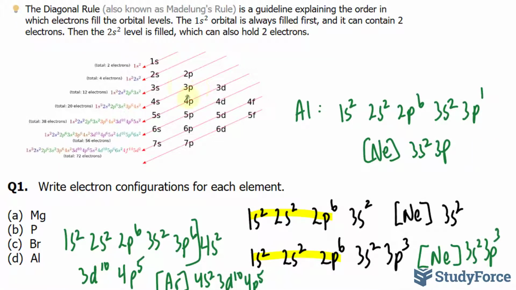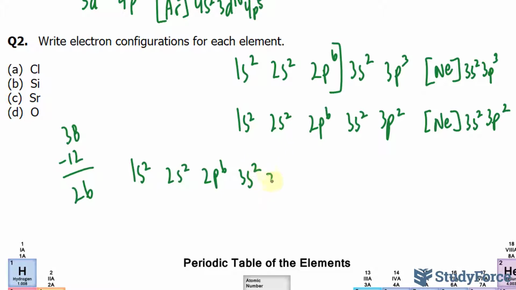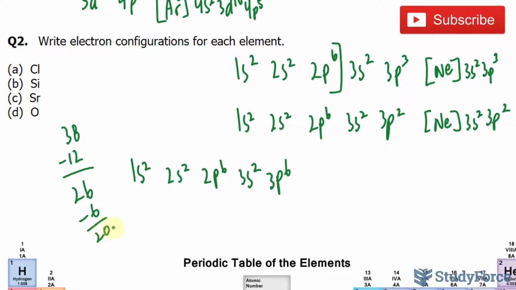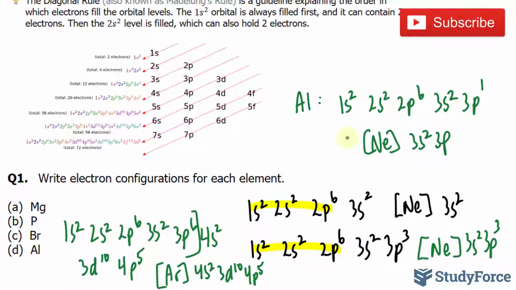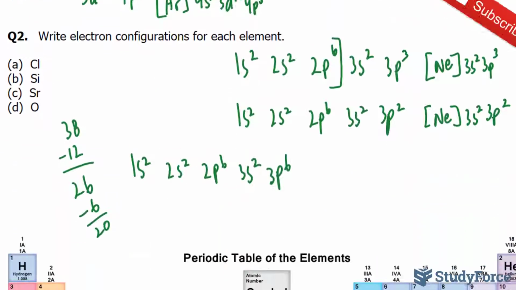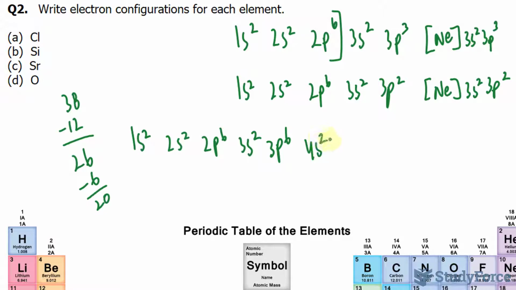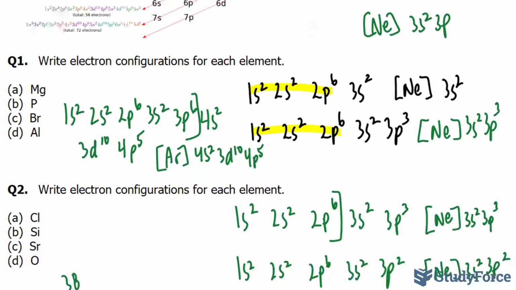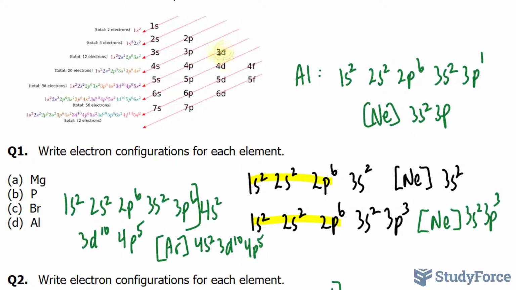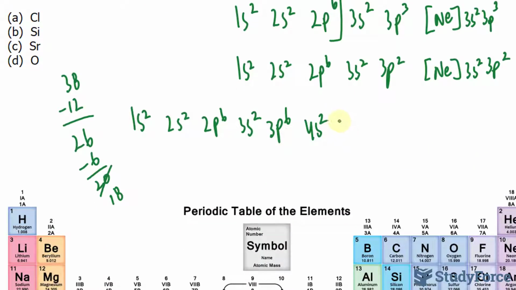After 3s, we have 3p. That houses up to 6. 3p6, take away 6 from that, 20 more. After 3p comes 4s, that holds 2. That's 18 left. And then comes 3d. That houses up to 10 electrons. 3d10,